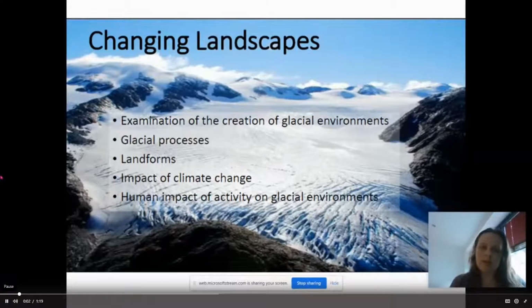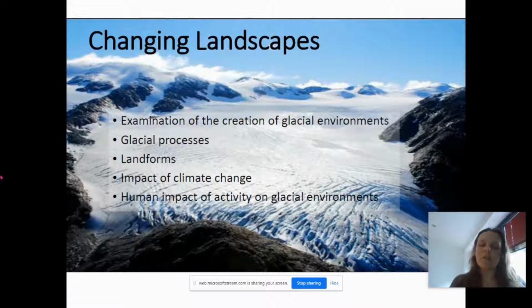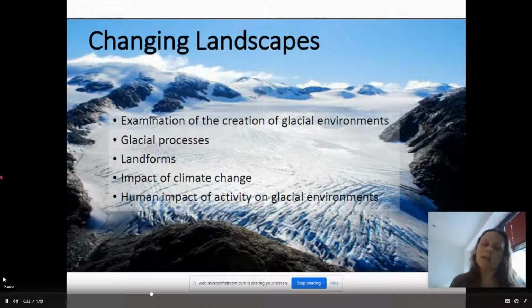Hi and welcome to AS Physical Geography. This is Unit 1, Changing Landscapes. Within this unit, we look at 2 topics, the first of which is glaciation. Within the glaciation topic, we look at how glacial environments have been created and the processes involved. This also involves looking at the landforms that are created, many of which are around today, including U-shaped valleys and